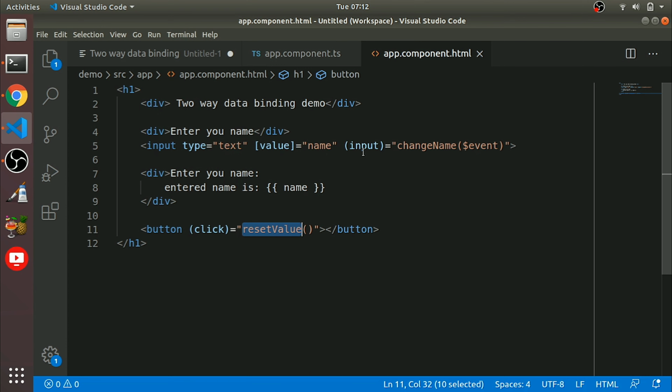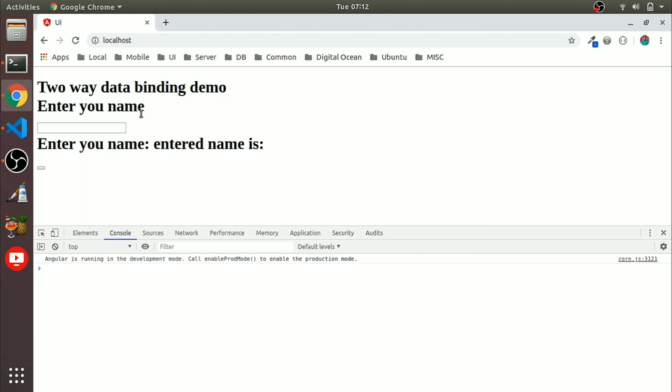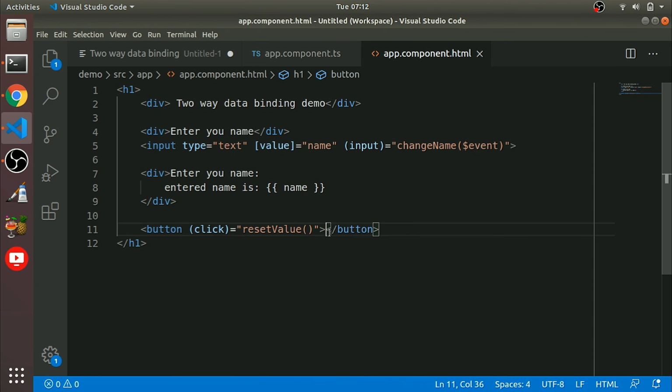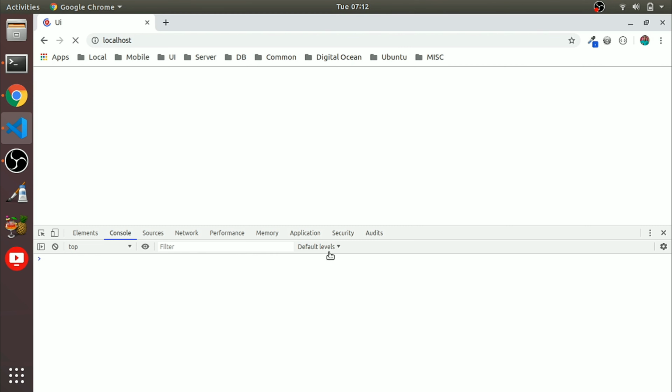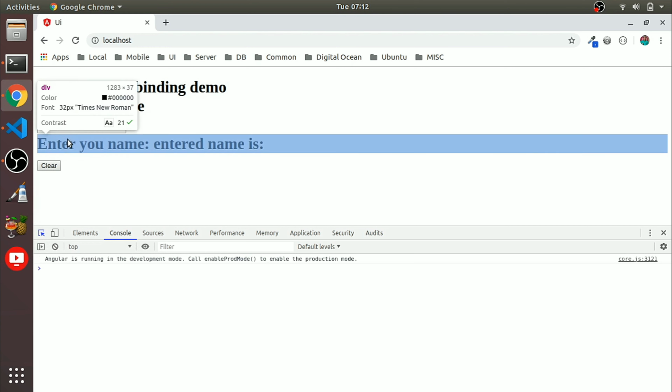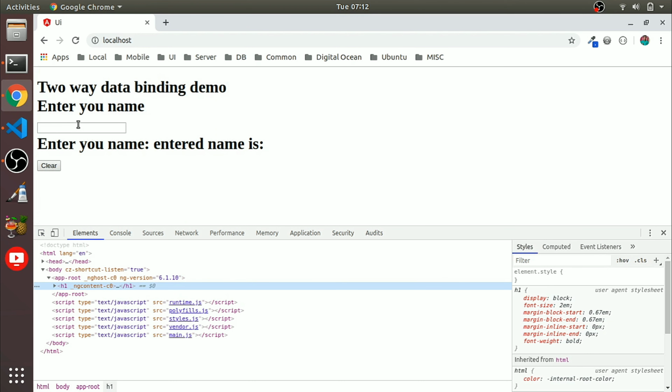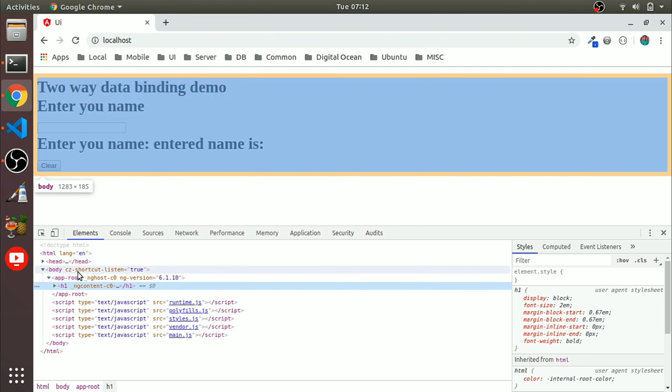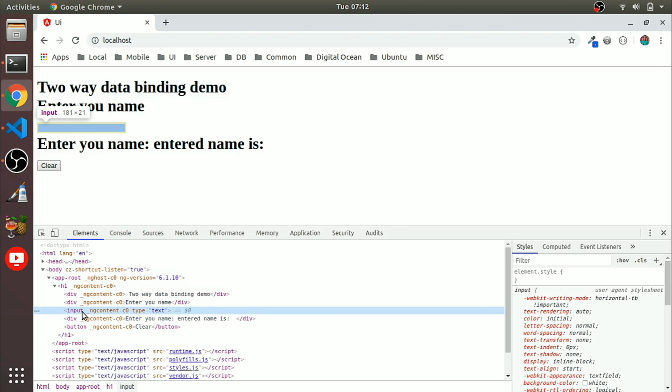So how will you know what the properties of an HTML element and its events are? For that, I will show you in the browser. You can put a text here, clear. I'll show you how to know the HTML properties and what the events are. If we inspect it here, this is the text.